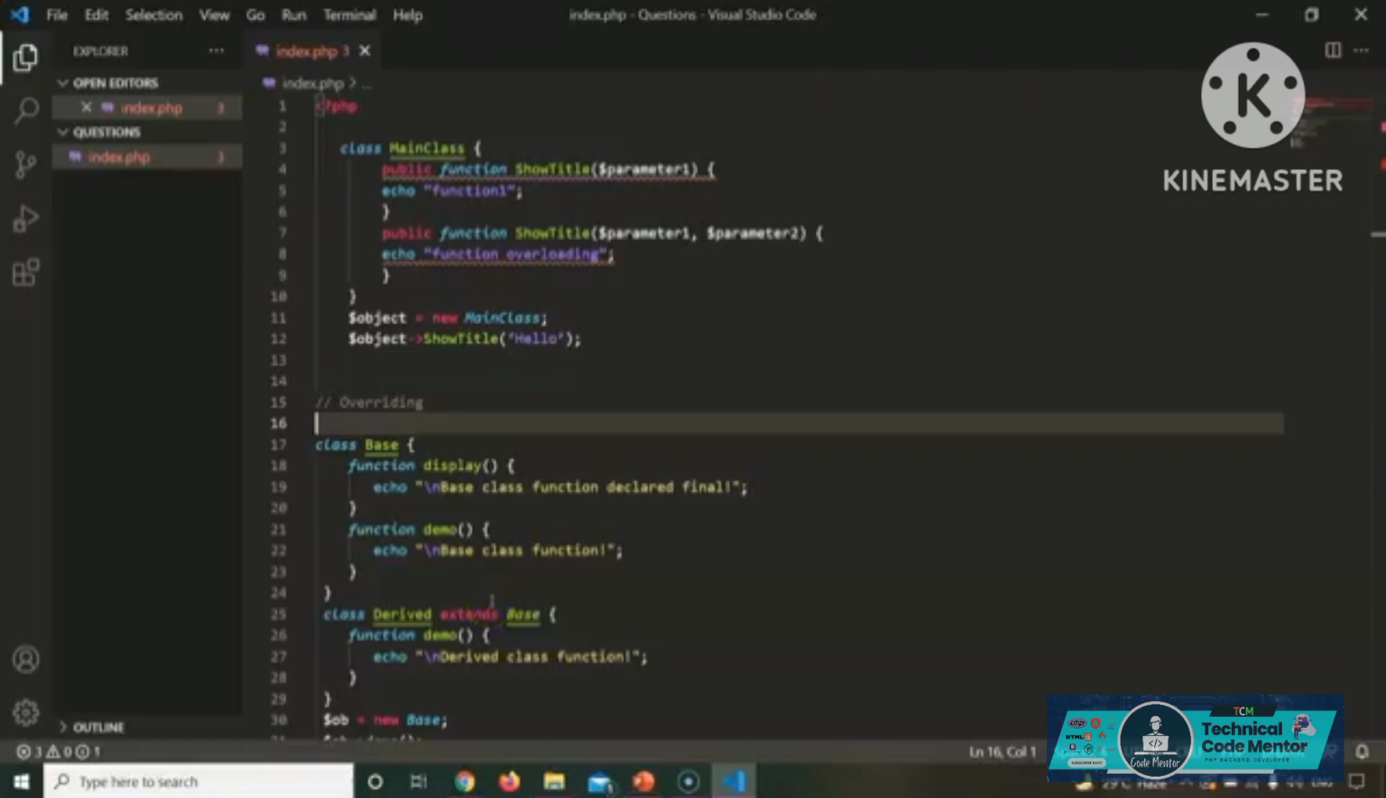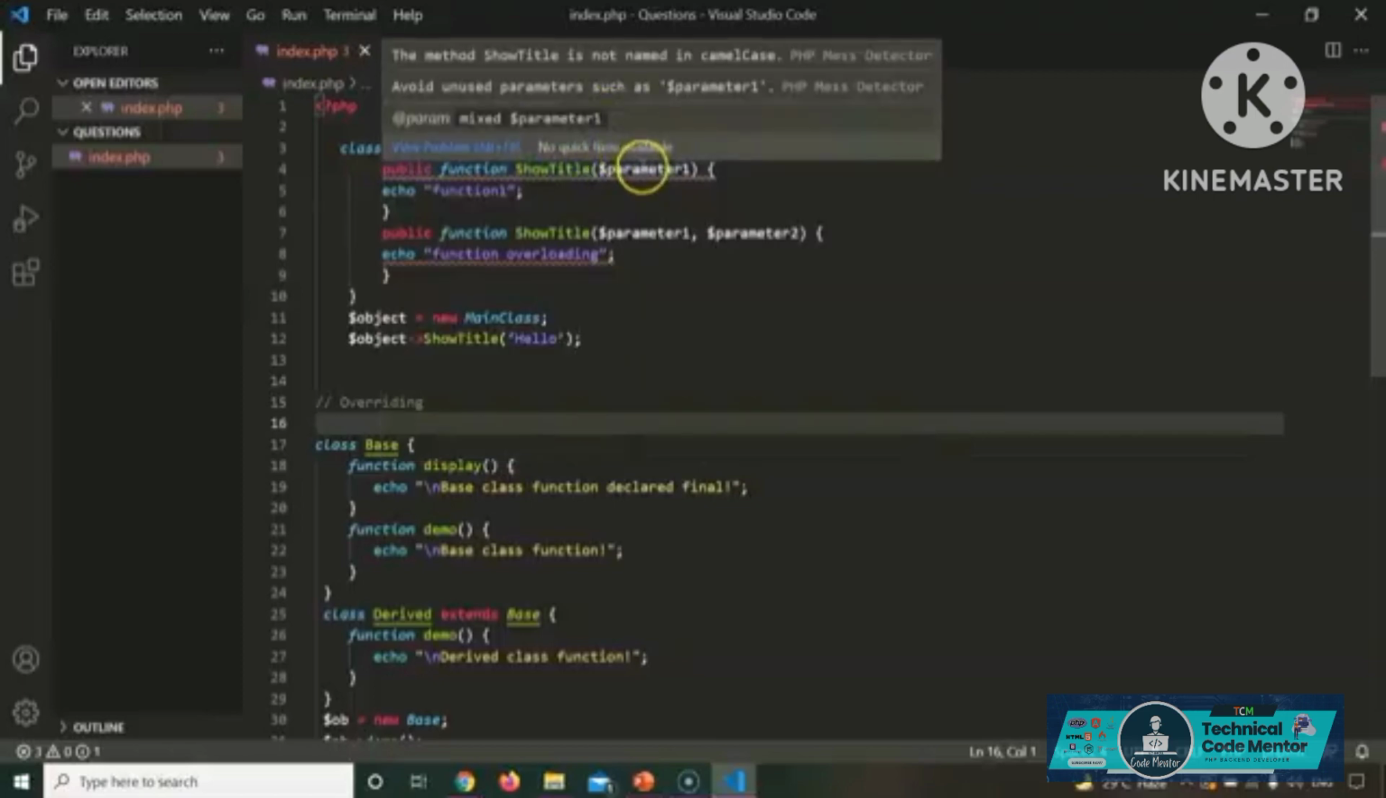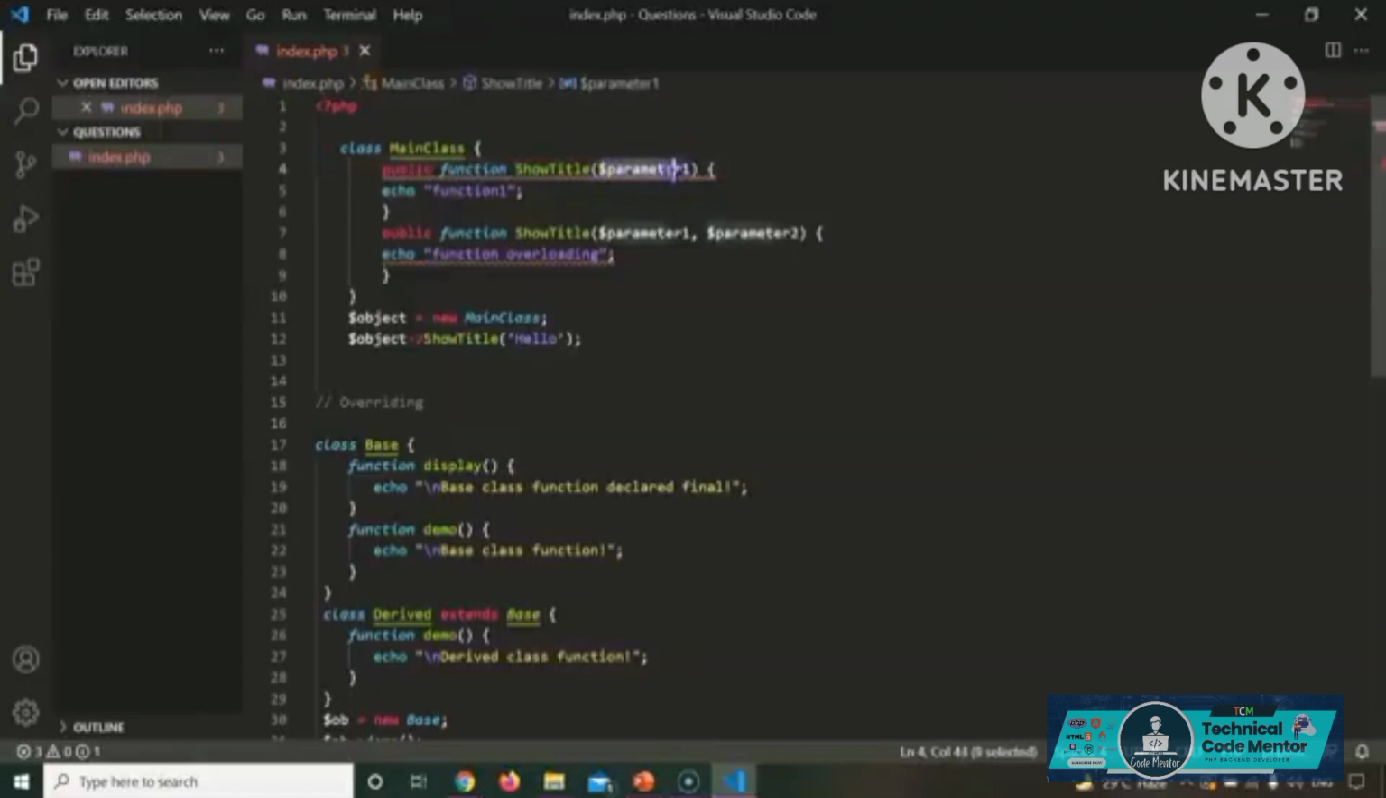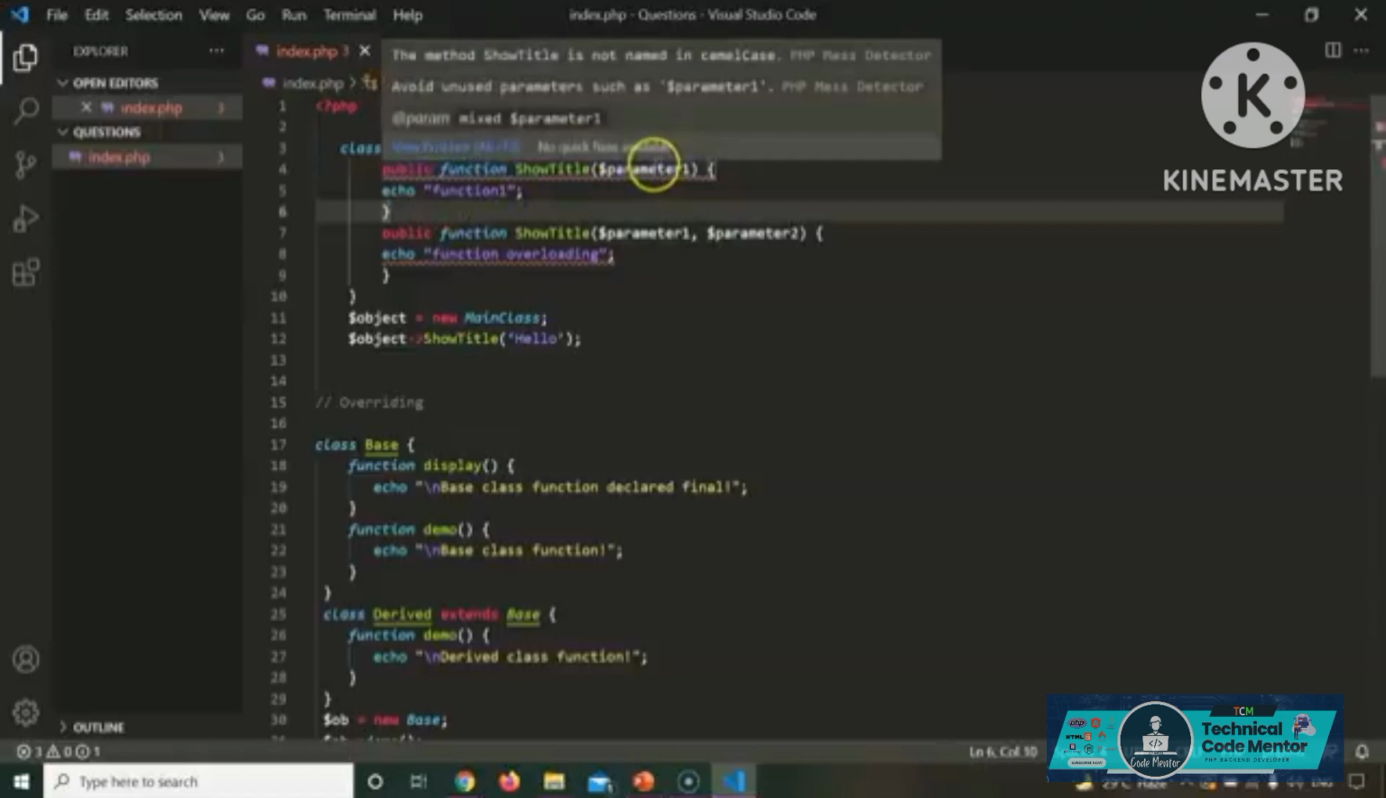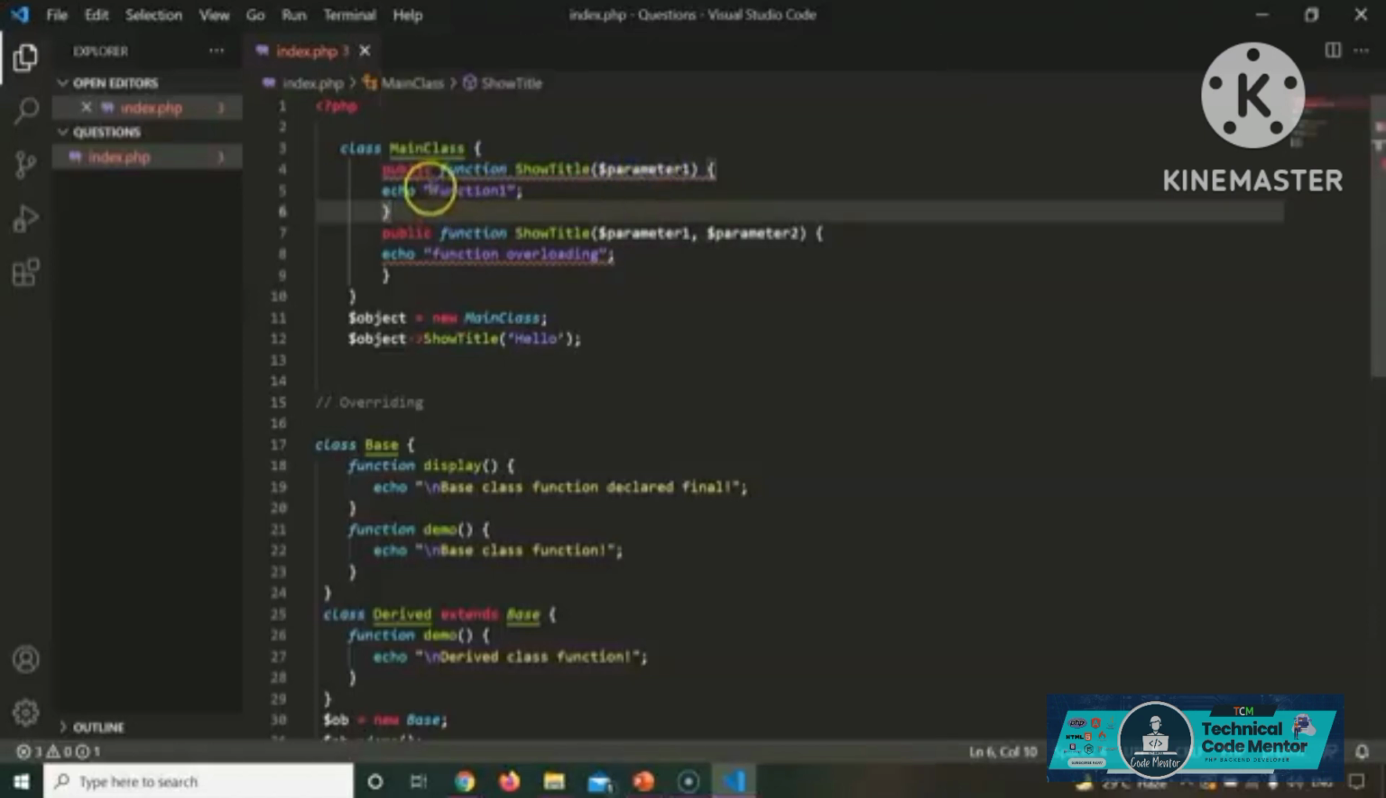So let us look at this code. Suppose you have a function named showTitle, which contains a single parameter and, when called using this parameter, displays function 1. Now if you want to use the same name of the function for a different purpose, what you can do is increase or change the number of parameters inside the function. That is, it now contains 2 parameters. So when this same function is called using 2 parameters, it will function differently and display function overloading. So this is how